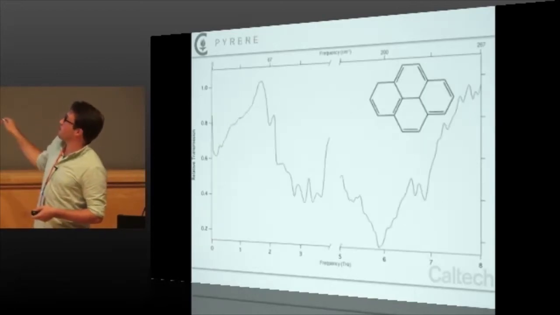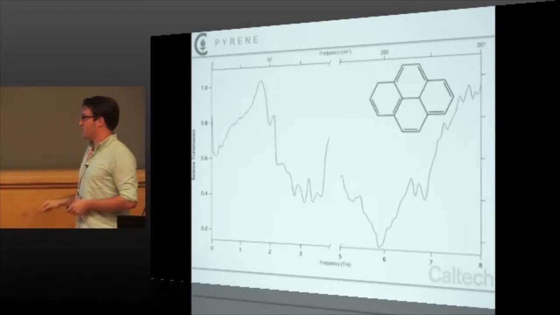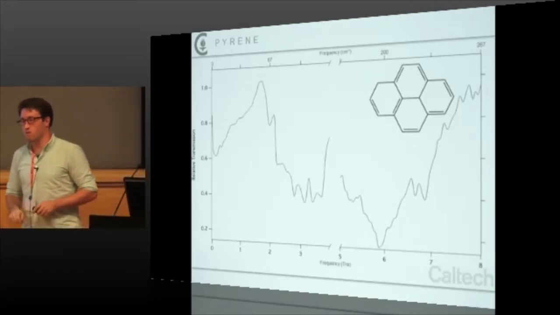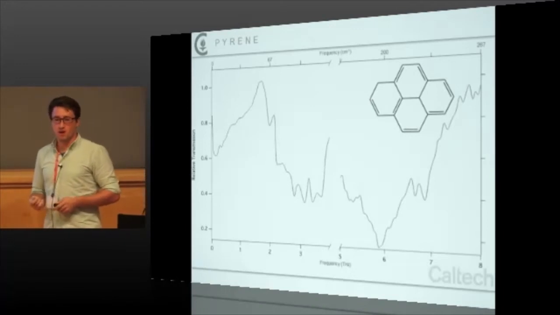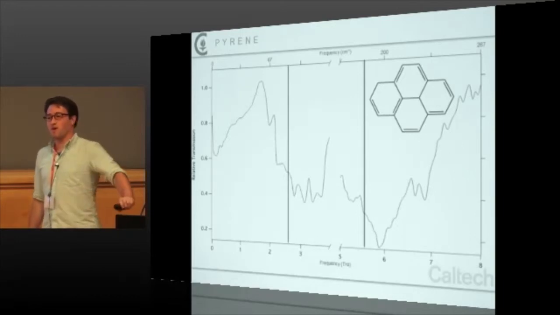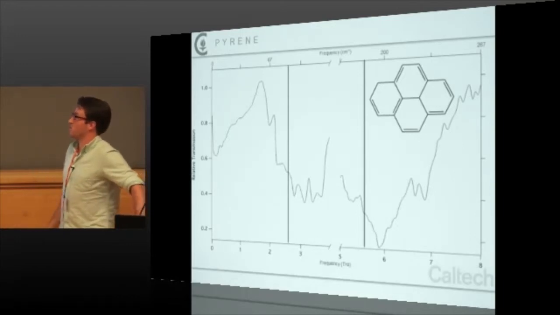And then for pyrene, this is where we were really excited because we got a ton of absorption features all the way across our spectra that are completely different from any of the other PAHs we studied. And theory says we should get 2. So there's a lot of features going on here that we didn't expect to see. We're very excited about that.